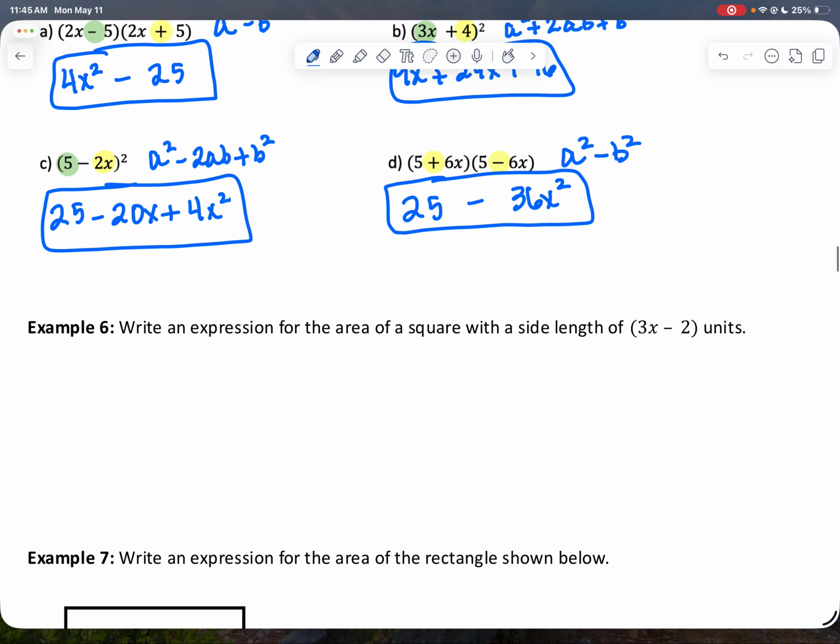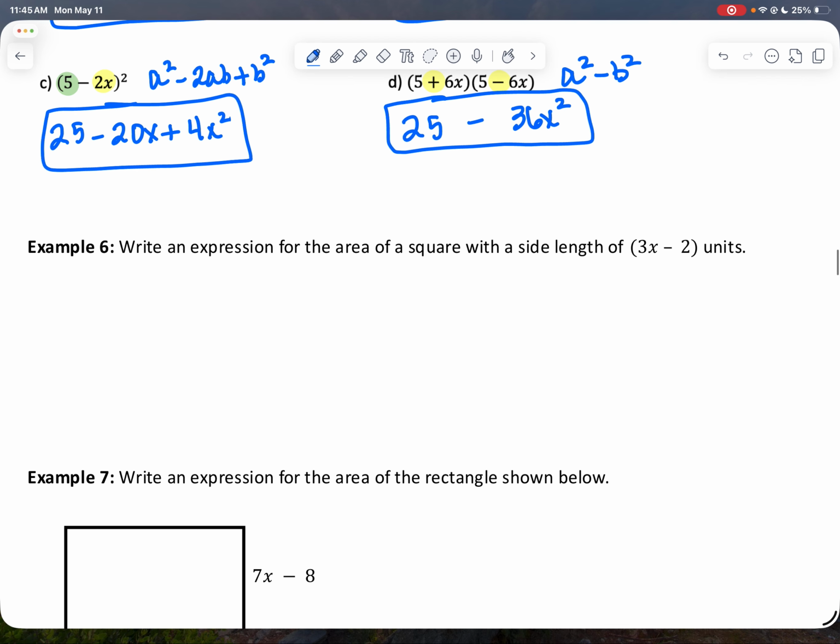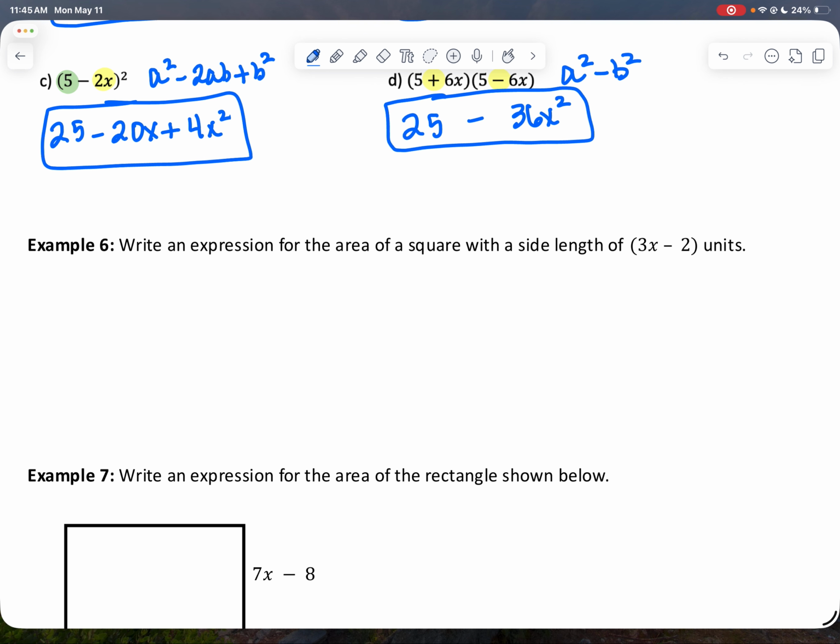All right, problem 6. Write an expression for the area of a square with a side length of 3x minus 2 units. So here's what's happening here. We've got a square. Let me put marks indicating that all the sides are the same. The length of each side is 3x minus 2. So the area formula for a square is area equals side squared. So in this problem, I'm going to substitute something in for the side. And in this case, it is